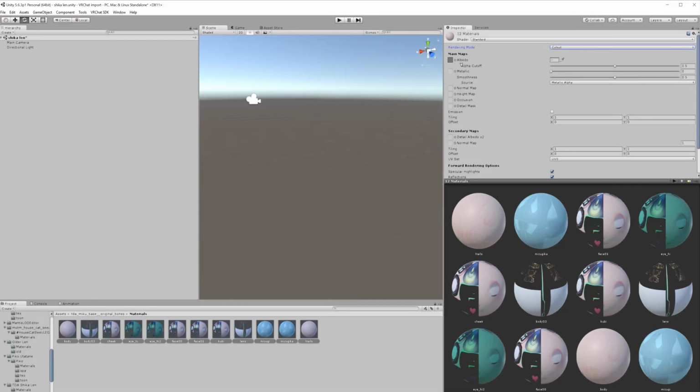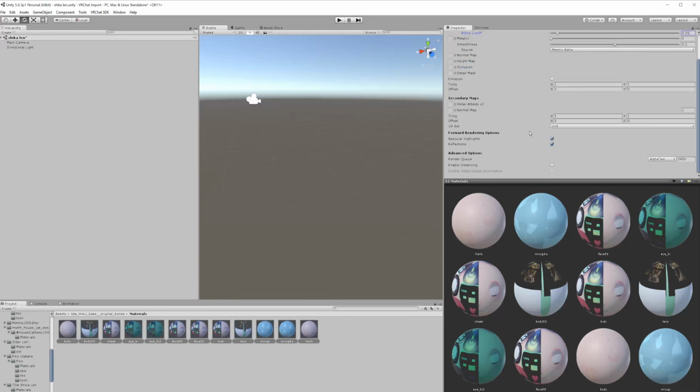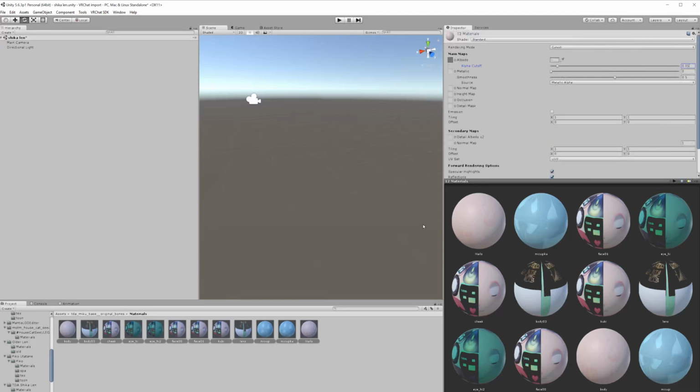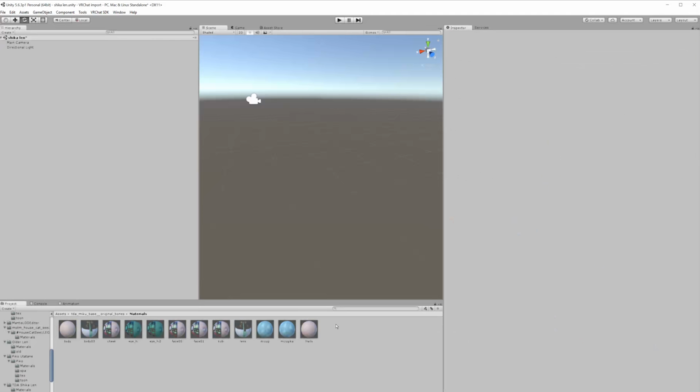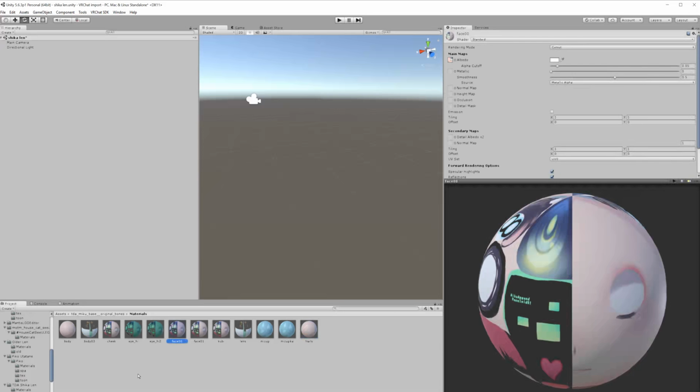So you've got your alpha cutoff. I usually pick 0.05. That is usually the perfect size. So now we've chosen where the alpha is. Now on almost every MMD PMX or PMD file, a few of these textures are meant to be set as fade. So I'm going to unclick all of these now that I can see them, and we're going to go to